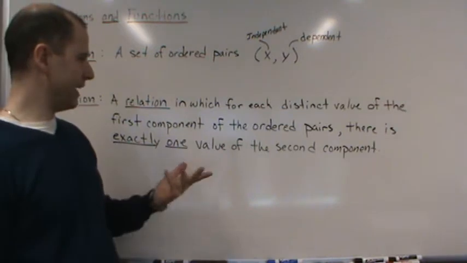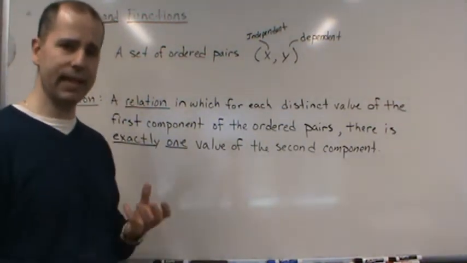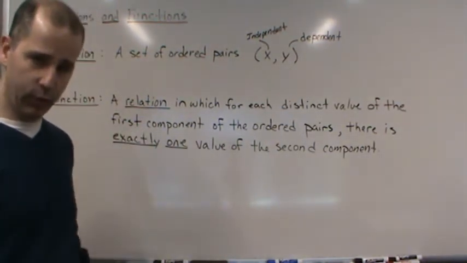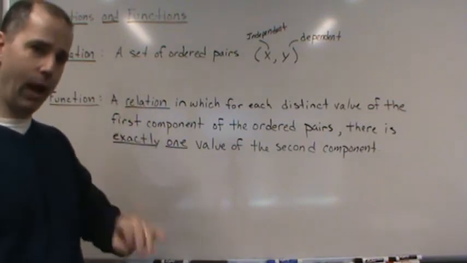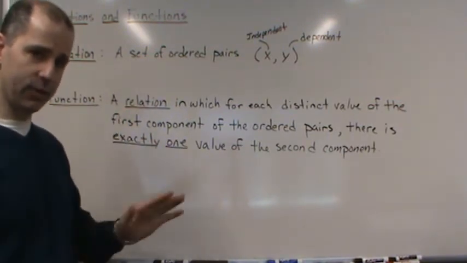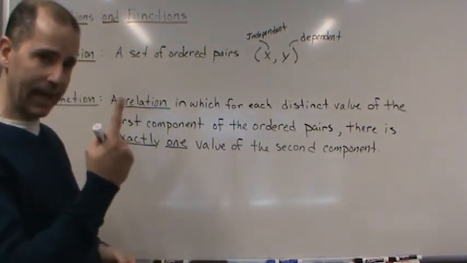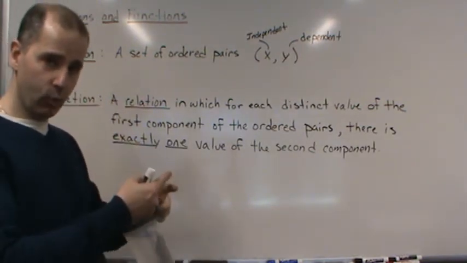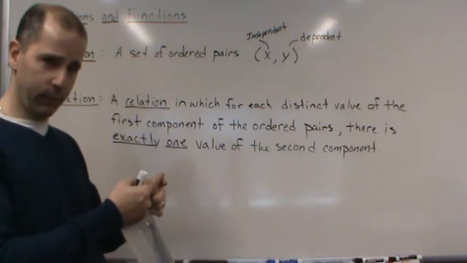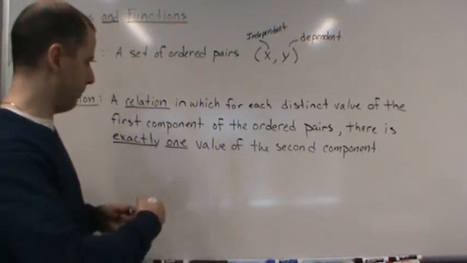So what does that mean? Another way of saying it is that for every x value, there is exactly one y value. That's it. For every value you have for x, there's going to be exactly one y value that's related to it, that's connected to it. So, for example,